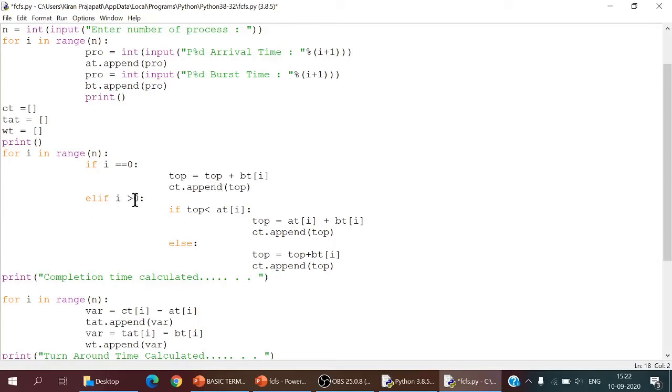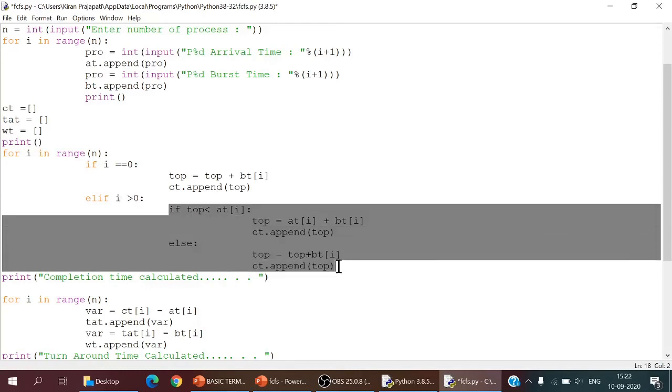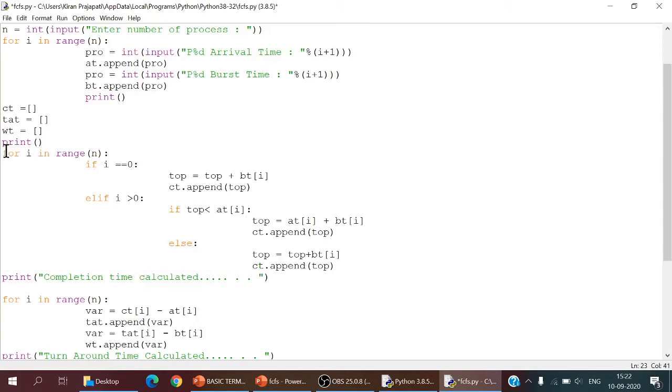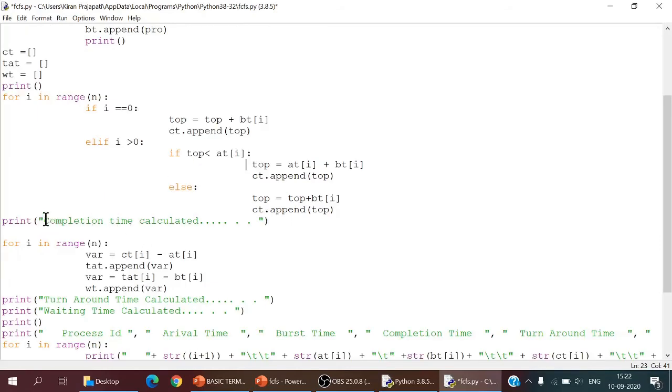Now i is always going to be greater than 0, starting from 1. So from 1 to the number of processes that I am going to have, I am going to do this part. In this section we calculate the completion time one by one, and I have a print statement that the completion time has been calculated. Once the completion time has been calculated, it is very easy to calculate the turnaround time and the waiting time.